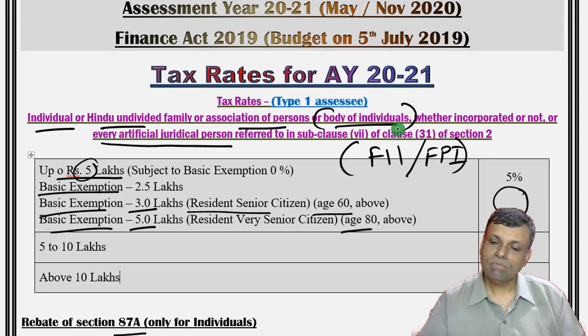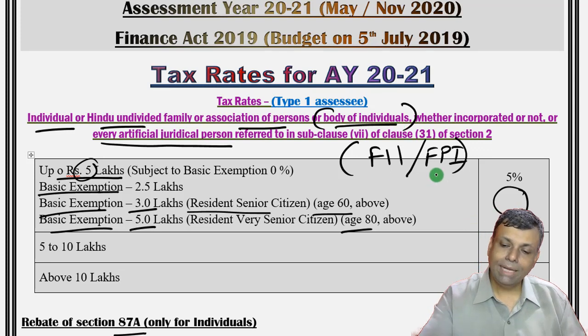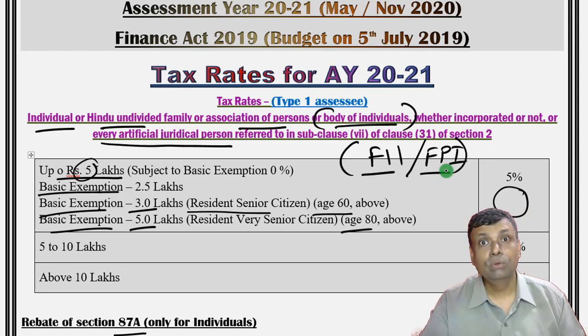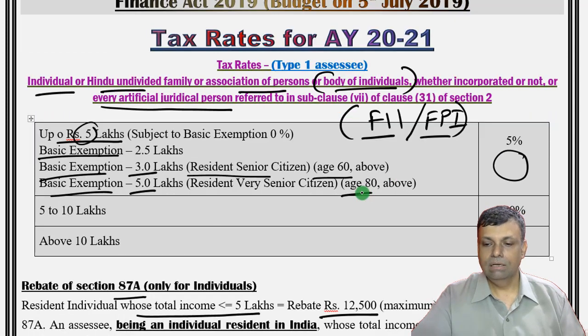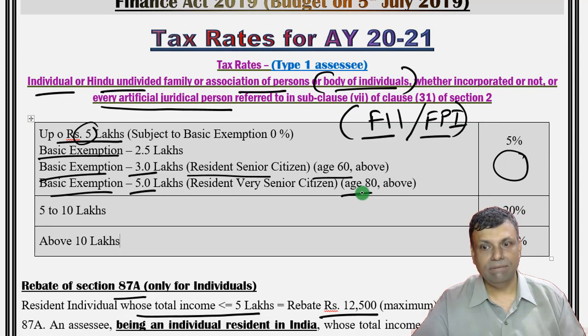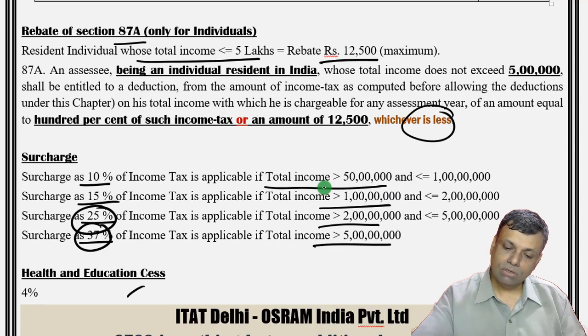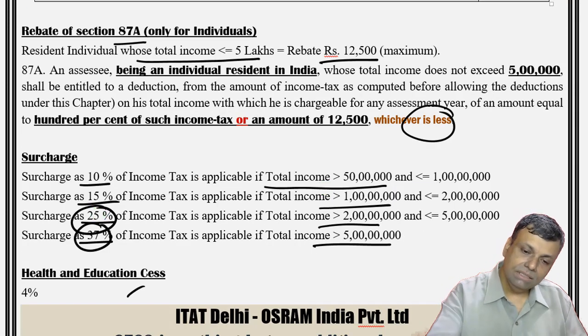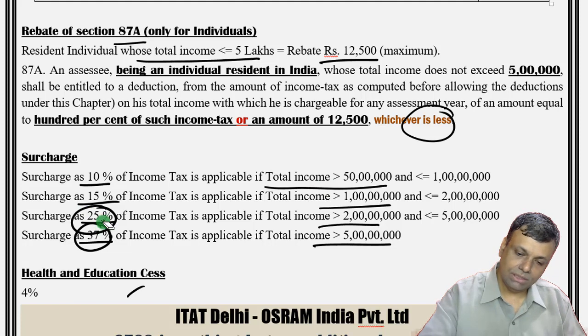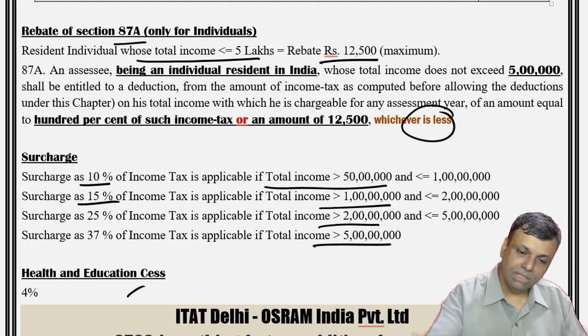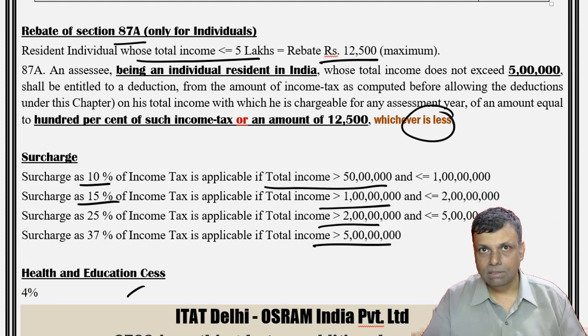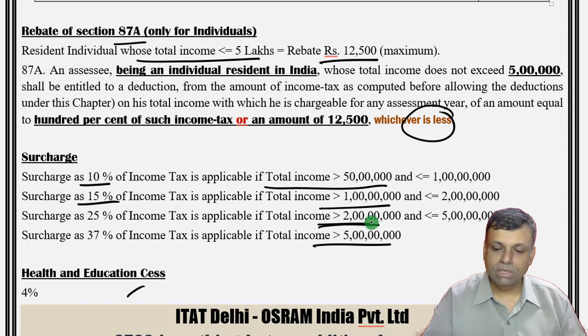Okay, so the government said that for a few types of incomes, I repeat, for a few types of income, particularly addressing the concerns of the FIIs and FPIs, the ordinance was passed. They said that for them we will not have this very high amount of surcharge. So supposing there is a foreign portfolio investor, and if your income is more than 2 crores,